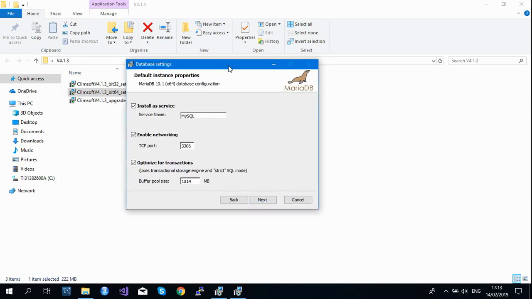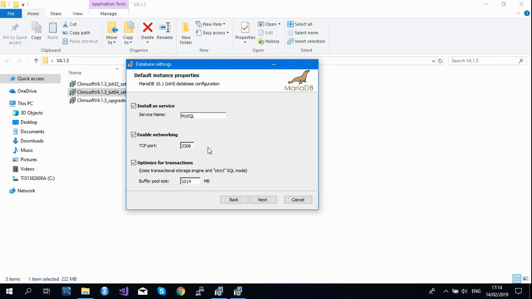Now here by default, the system assigned the service name and the port. But in CleanSoft, there is another port which was configured, which is 3308.